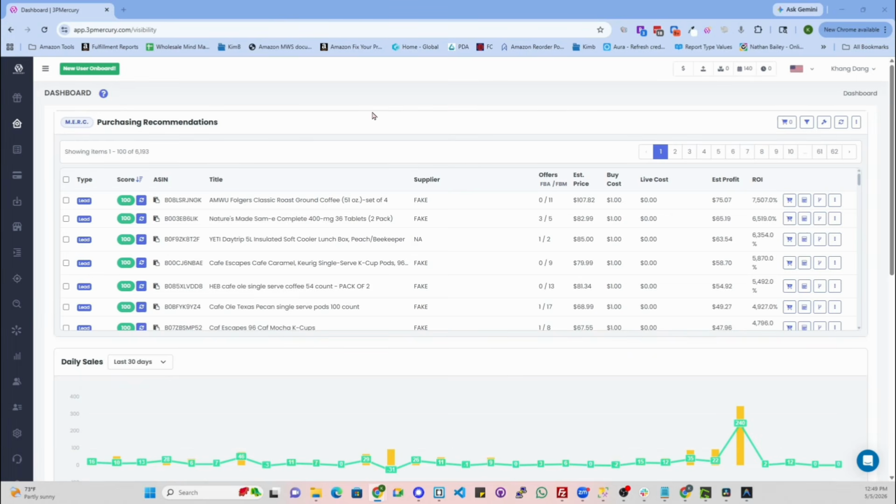All right, 3P Mercury's interface has gotten a massive, massive facelift or enhancements, as you can say. There's a lot to go through, and I'm going to try my best to not forget anything. But basically, I'm going to go through it page by page. If you look right up top, there is now this global menu bar, and this can be accessible at any